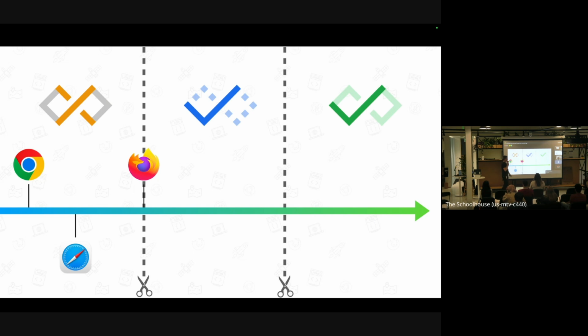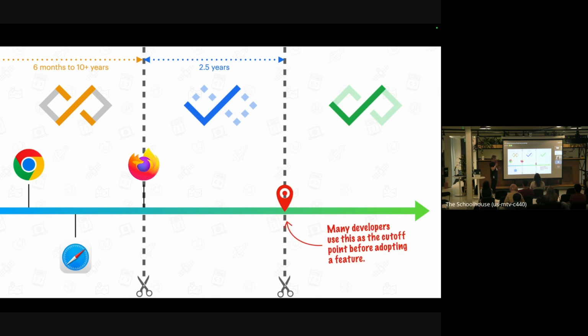And then you can make a second cut on this chart, namely where something is baseline widely available, and that is 2.5 years after the feature became baseline newly available. So there is a clear timeline. Now, the problem with this chart is the part on the left, because that can take somewhere between 6 months up to 10 years or even longer before the feature is in all browser engines. So that means that we have a bit of a problem,